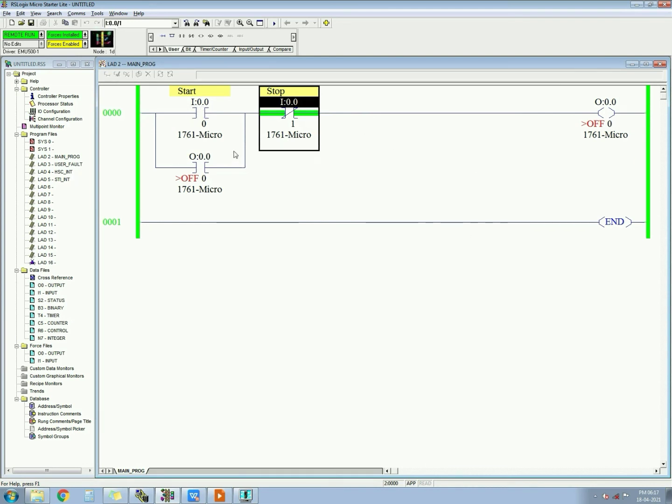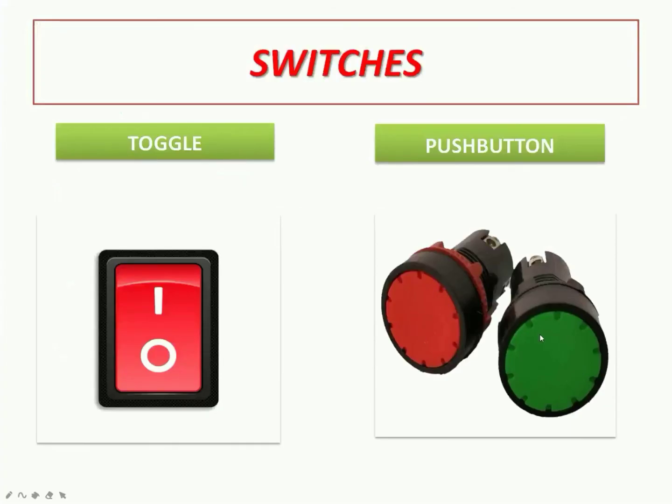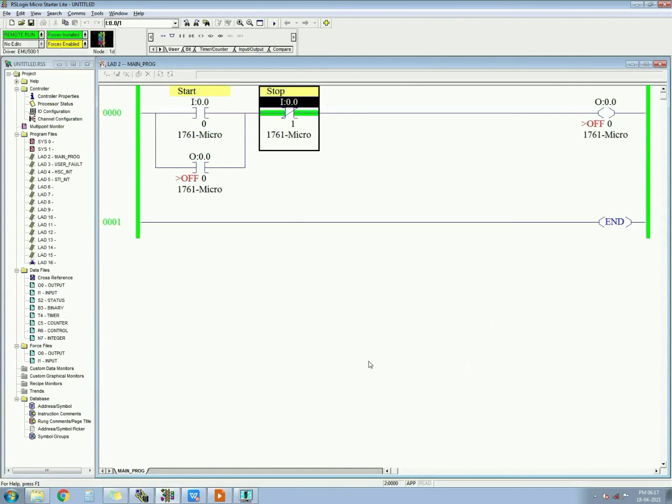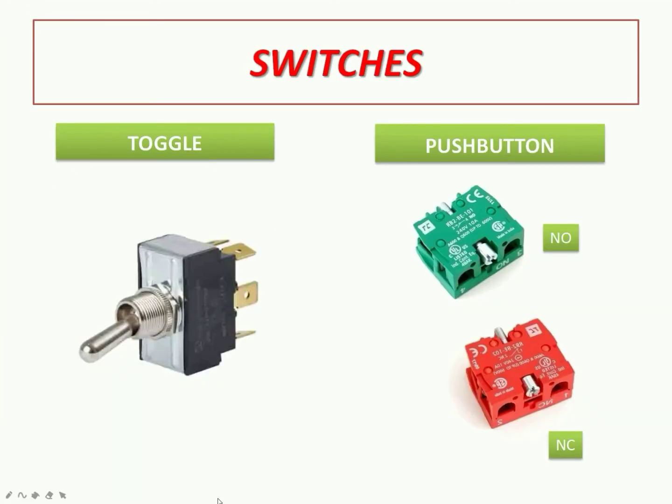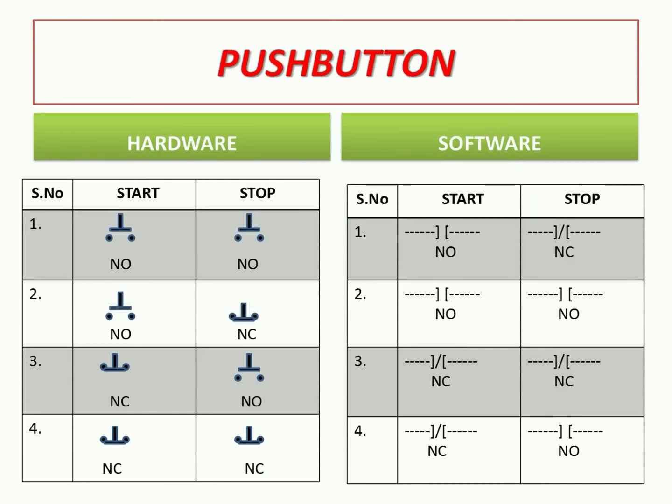So in industry, most of the circuits work on latching, because in industry generally you use these push buttons only. Okay, so you have to learn this latching and unlatching circuit, and moreover we will do some questions also, but before that we have to learn this chart also. Okay, this chart I will show you in the next video.